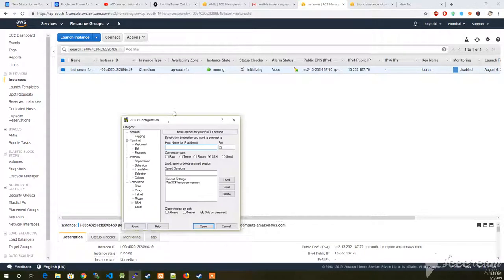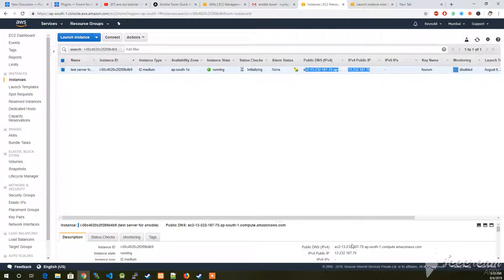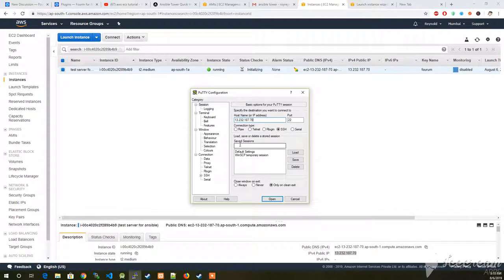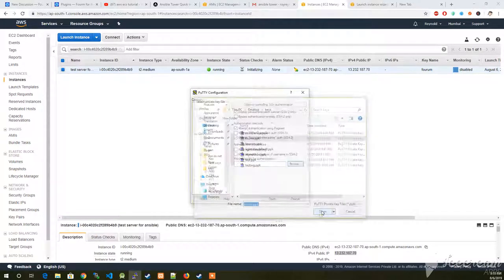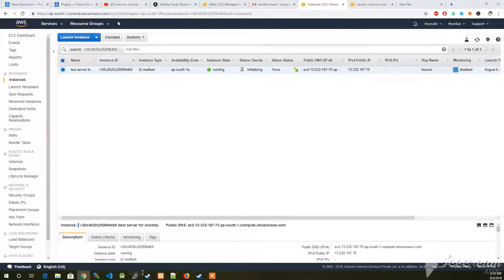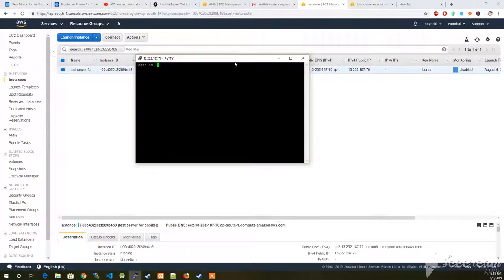So again, we have to take this one and paste it. I'll take the IP from here, paste it, and go to auth again. I'll browse the key, then open it again, and log in as CentOS. The first thing you need to do is